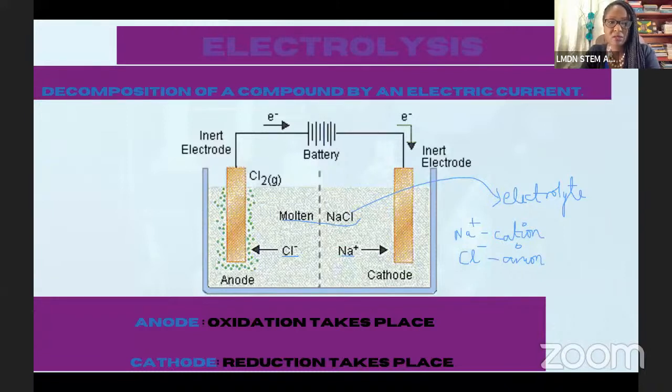So anions go towards the anode. The cations, which are the positively charged species, go towards the cathode, right? As I mentioned earlier, these electrodes have a charge associated with them themselves. So if I am saying that the chloride particle is an anion and it goes towards the anode, what does that tell you about the charge of the anode? We have a negatively charged species, the anion, and it's going towards the anode. What is the charge of the anode?